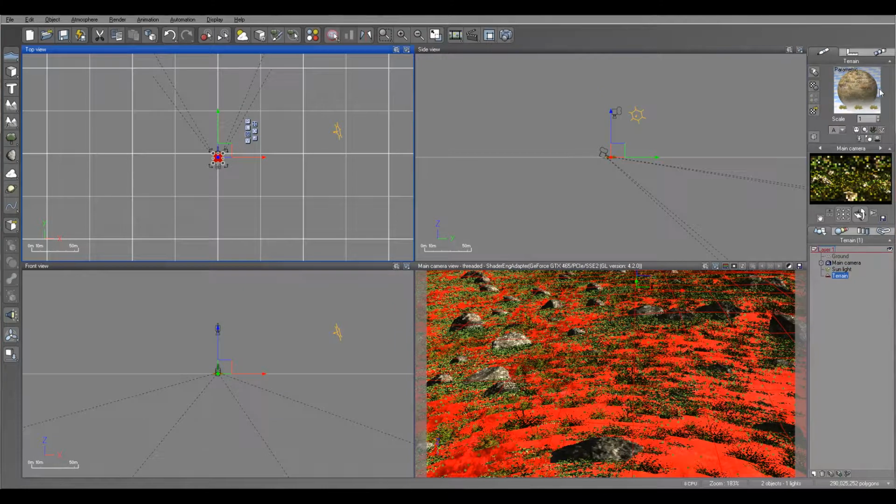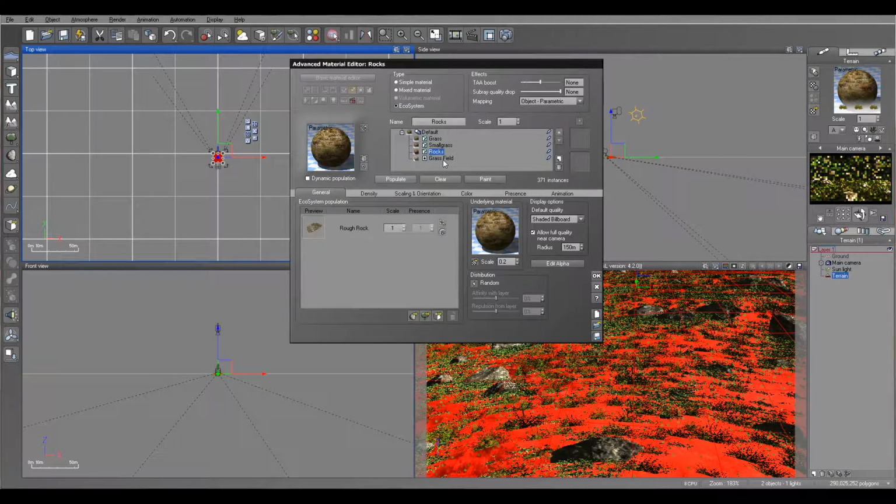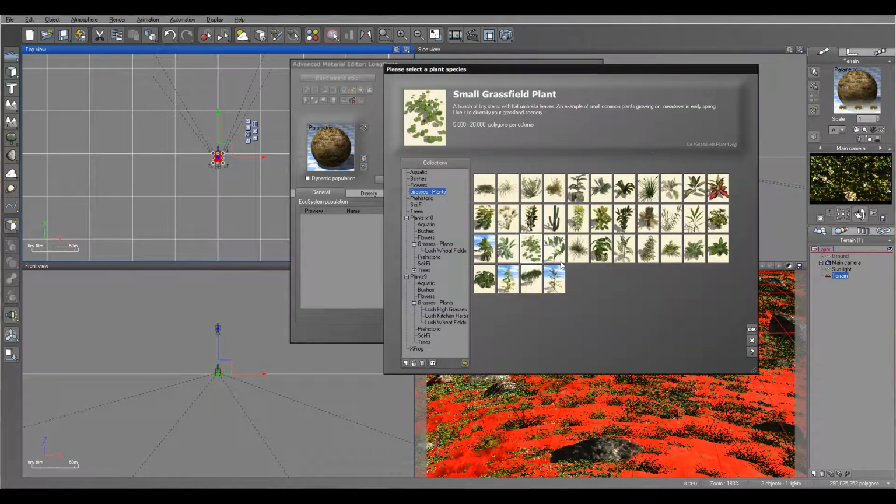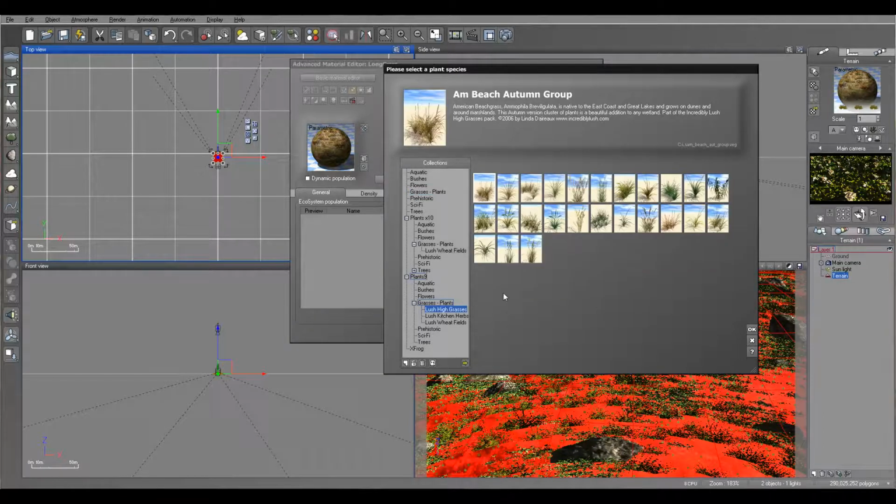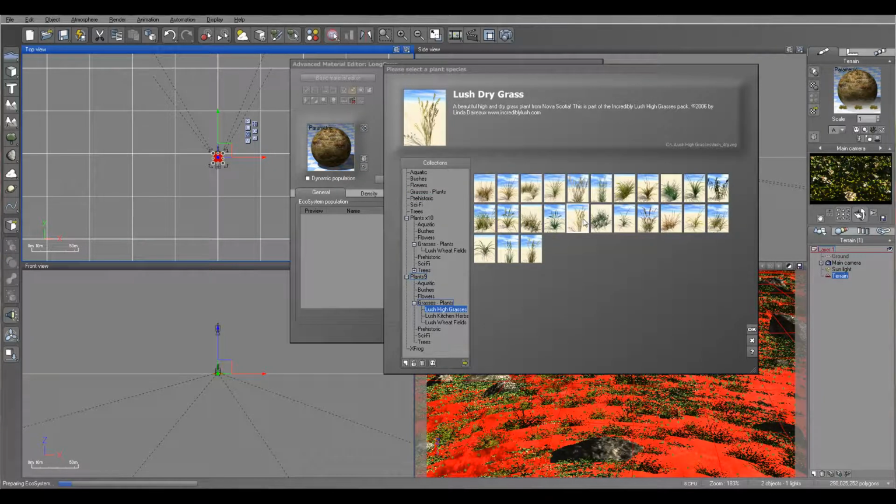Let's open our terrain. Okay, these are rocks. Let's create one more ecosystem. I'll put this above the rocks, and let's call it long grass. Okay, we'll go add it, and we have it. This grass is covered by small field grass, so we need to add maybe something interesting to this. And one I like to use is Deluge high grass, so I'm just going to select some of this